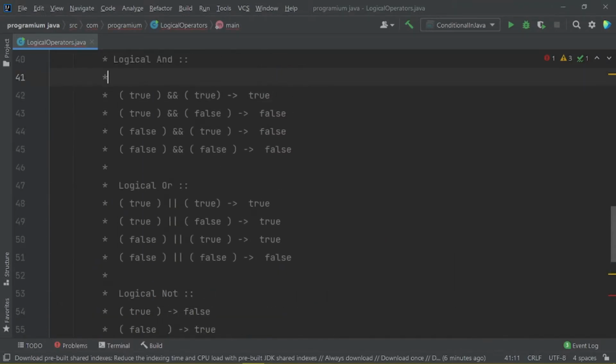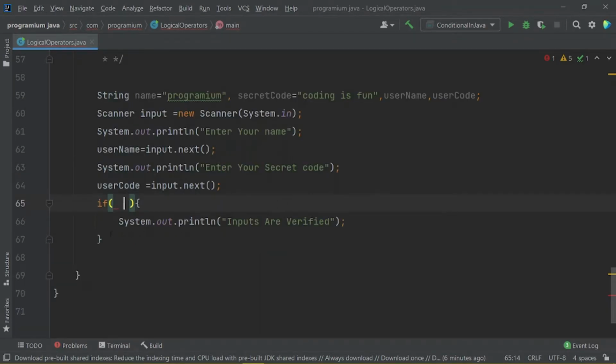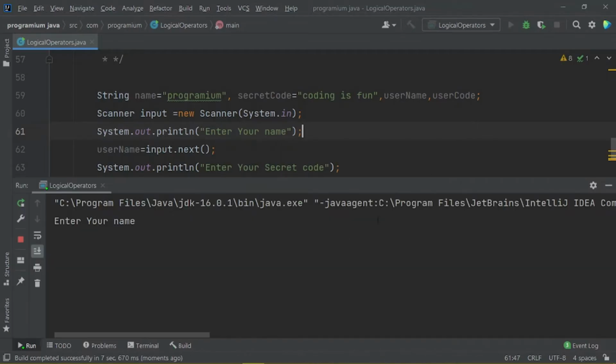So guys, how do these work, let me just explain them here. Let us see this truth table and see that if both values are true, then the result should be true, and if one of them is false, then the result would be false, and of course if both of them are false, then the result should be false. So guys, how does this if condition work? This would only work if the result is true. Let us see here. If we put false here to show that it won't be running right now, let me run it and show you, and enter your name.